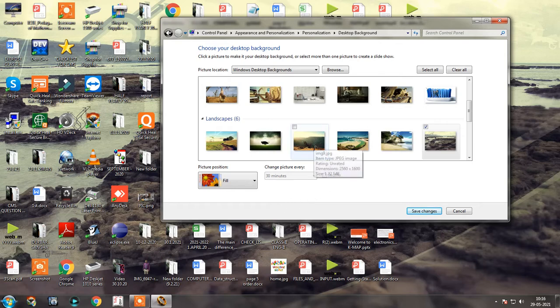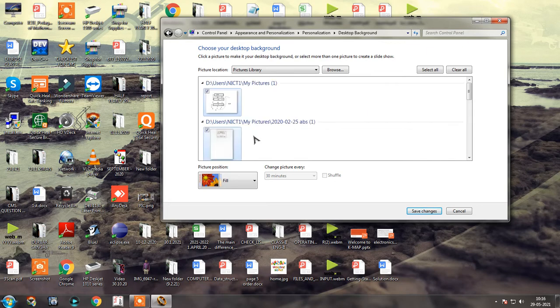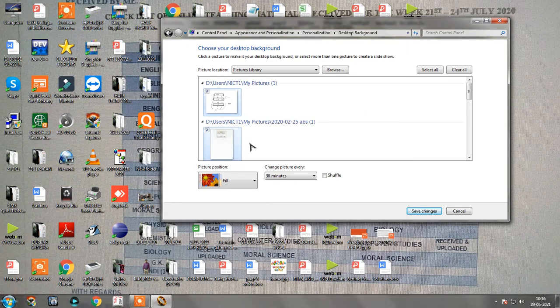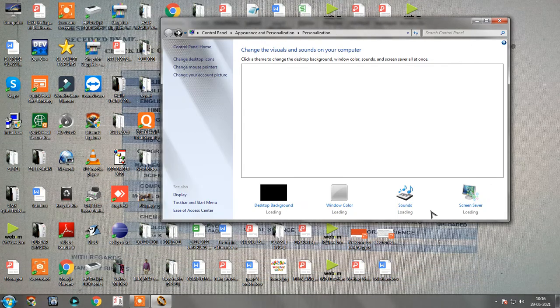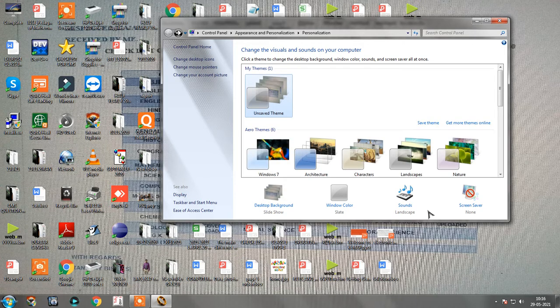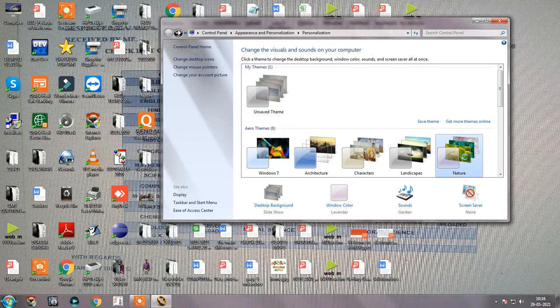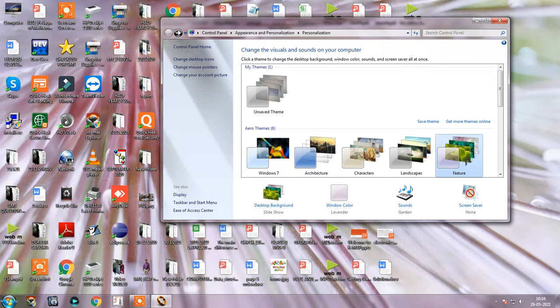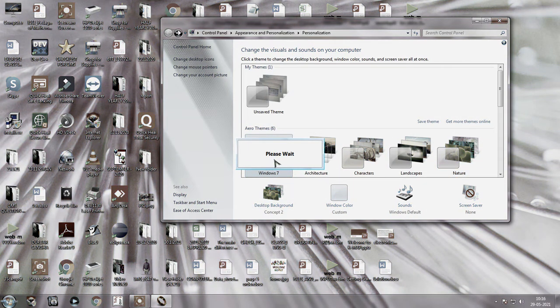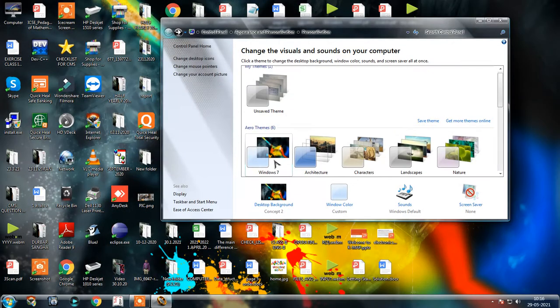According to which picture you want, you just click that picture and then you make save changes and that will be saved in the background. And even if I go over here and click over here also, I can change it here. See, the changes are coming over here. So please wait, my changes are coming. So you can understand very well from this that I can change according to my wish.